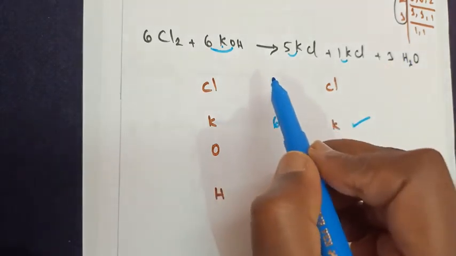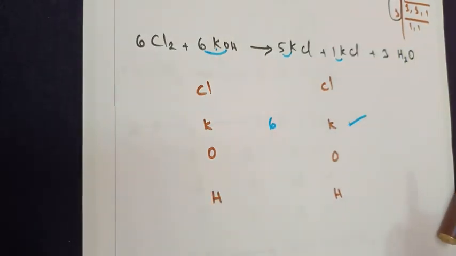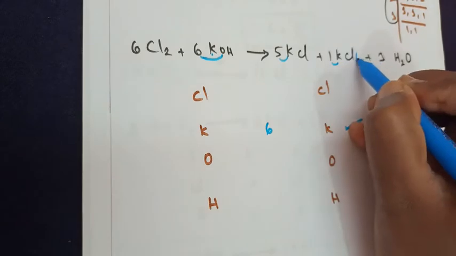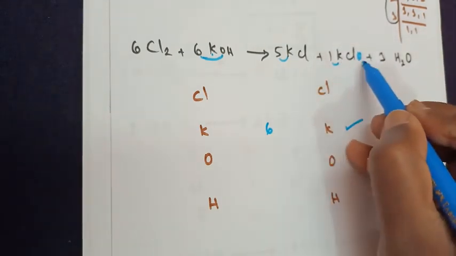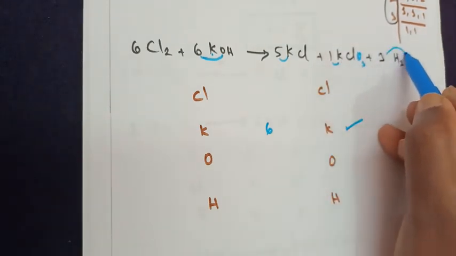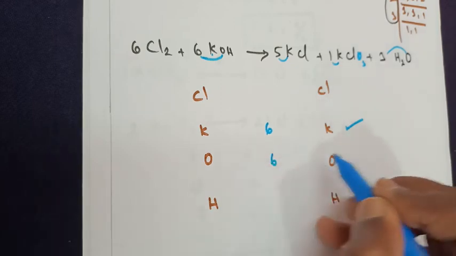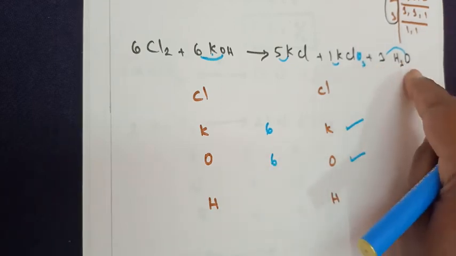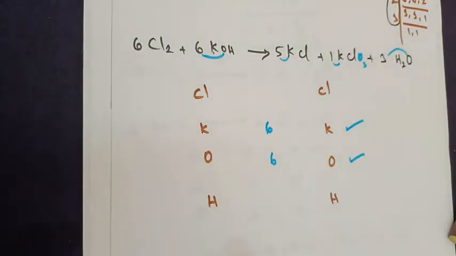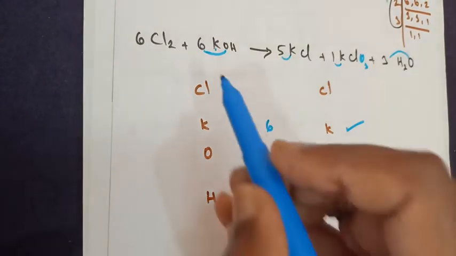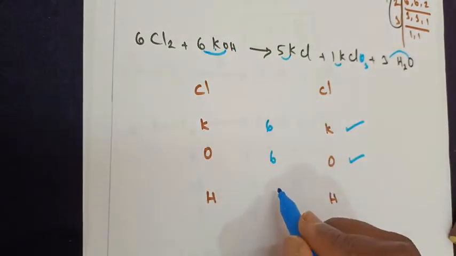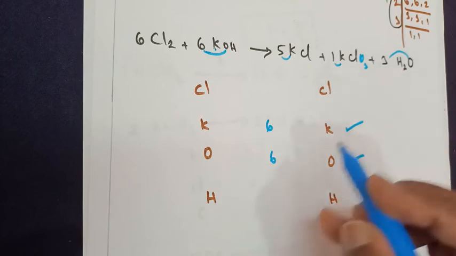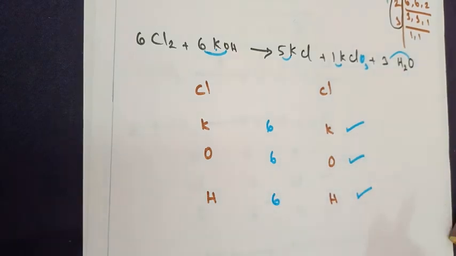Somewhere I made a mistake. I'm sorry. It is KClO3. Sorry, children. So O3 I've got here. This 3 is for this O. So on both sides oxygen is balanced. 3 plus 3 gives us 6. Here you got a 6. It's balanced. Next, in terms of hydrogen, 6 is here for hydrogen. You've got here 3 2s are 6. So hydrogen is also balanced.